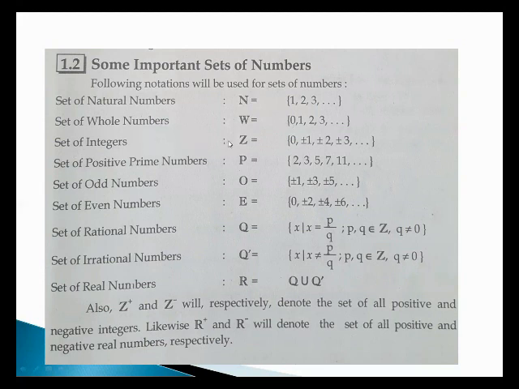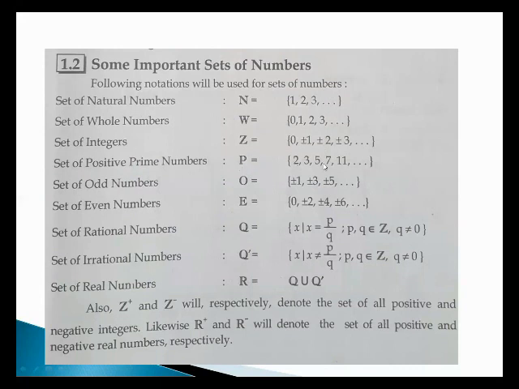The set of integers is represented by capital Z. Here it is 0, ±1, ±2, ±3. Integers are those which are represented with plus and minus signs. But here you are observing that 0 is given at the start. So don't think that this is the whole numbers. No. This 0 means 0 has the central position. On the right-hand side of 0, all positive numbers are written, and on the left-hand side all negative numbers will be written.